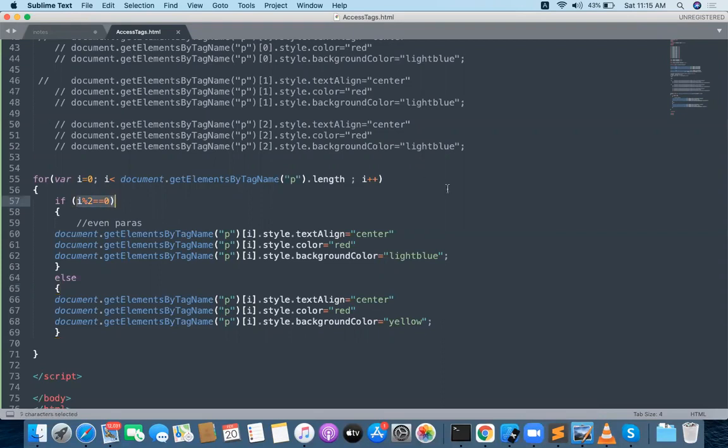So first the i value is 0. Let me tell you. 1 percent 2 equal to 0? What is percent 2? Whenever you divide by 2, you need to check the remainder value, whether it gives 0 or not.